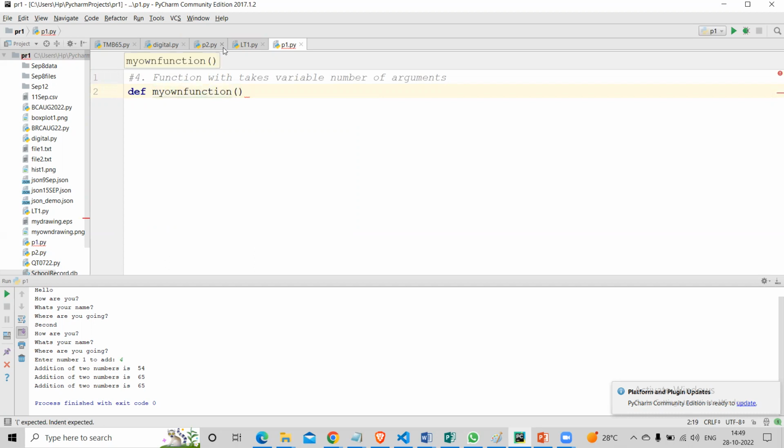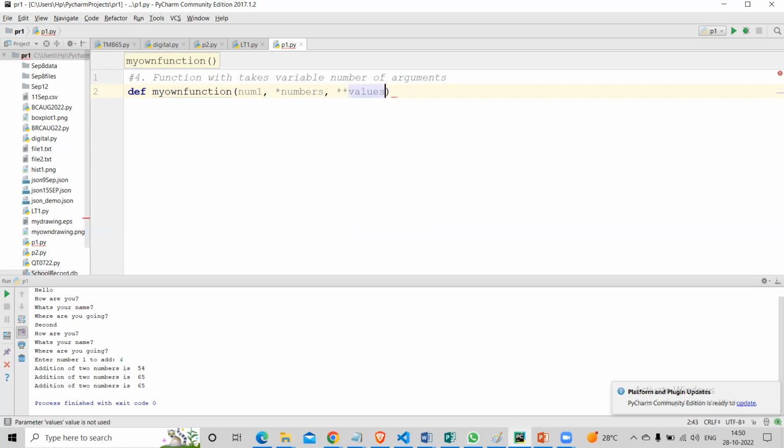Now here, if I put num1, it clearly means this is a required positional argument, because I'm not saying equal to, that means this value you have to pass. And now I can say star numbers and double star,